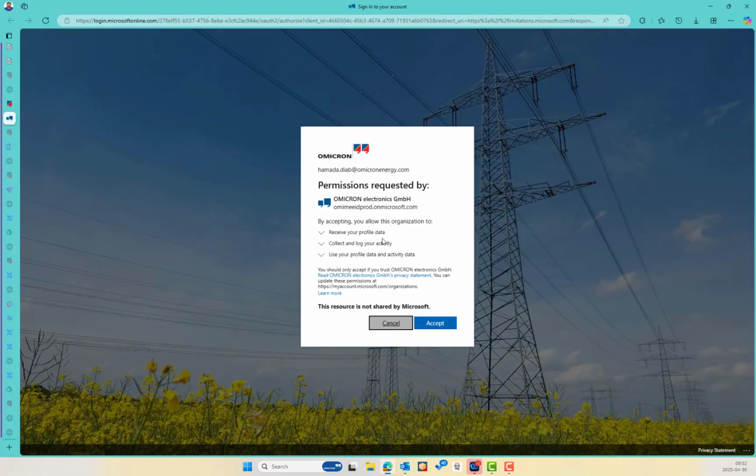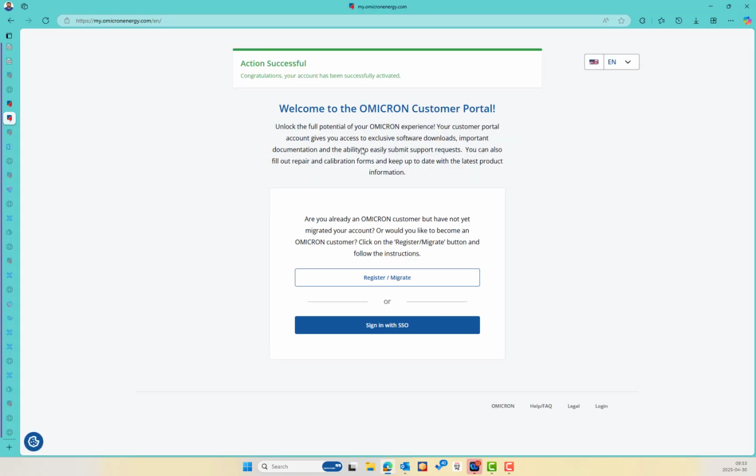You will receive this page. You will open this page directly, and here you have to accept the permission requested by OMICRON Electronics. After accepting the invitation, the action is successful and your account has been successfully activated. So you can sign in